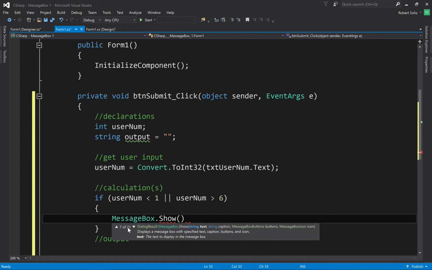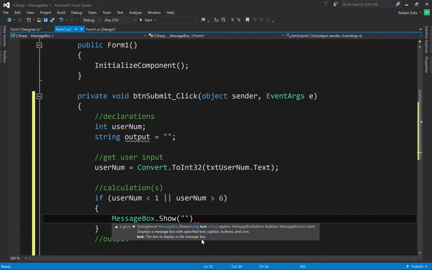And I want number 7. Now, by the way, you don't have to tap this to make this thing work. This is information that's presented to you. And in this case, notice that one of the flavors, flavor number 7, gives me a string. It gives me a caption, which is another word for title. I can display a message box. I can display a message icon. This is the one that I'm going to use. Now, again, you don't have to click these triangles. I just simply know it by heart because I've done it for so many years